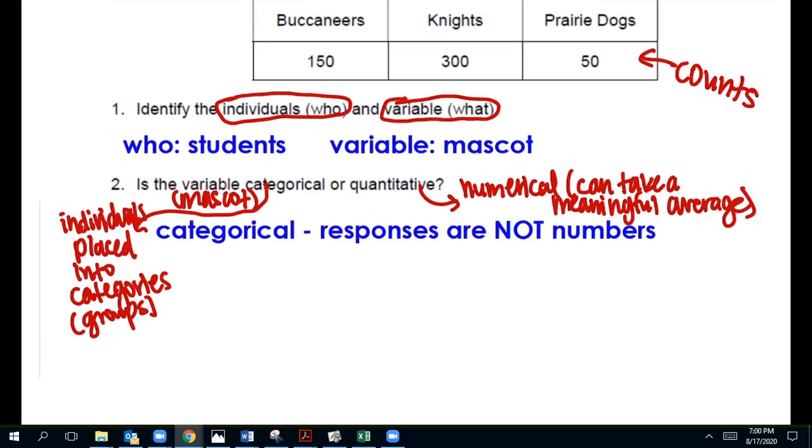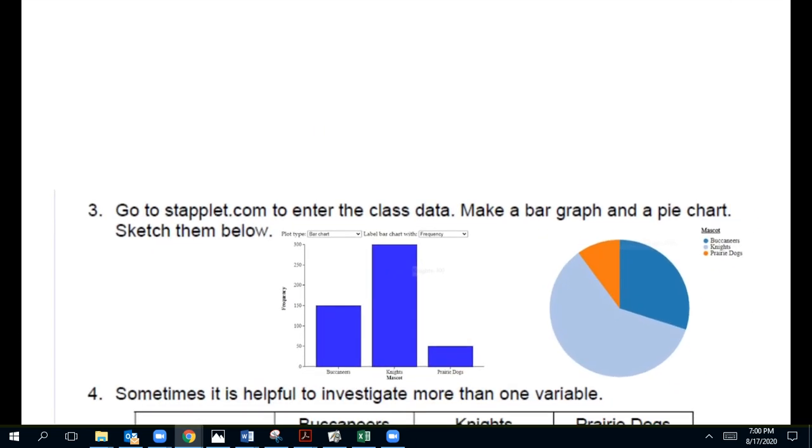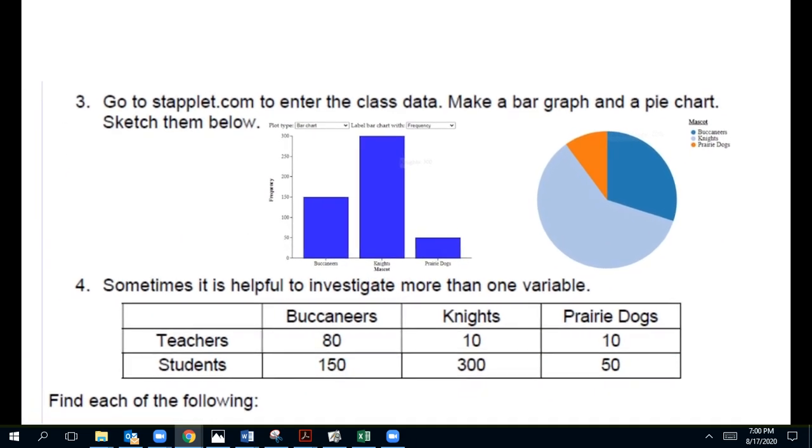All right, moving along to number 3. You guys were asked to enter the class data in the Statplet applet, and so we have a bar graph and a pie chart. This should be obvious, but we're going to label bar graph on top of the one that has bars and pie chart on the one that looks like pieces of pie. There's one important thing about a bar graph. Your y-axis